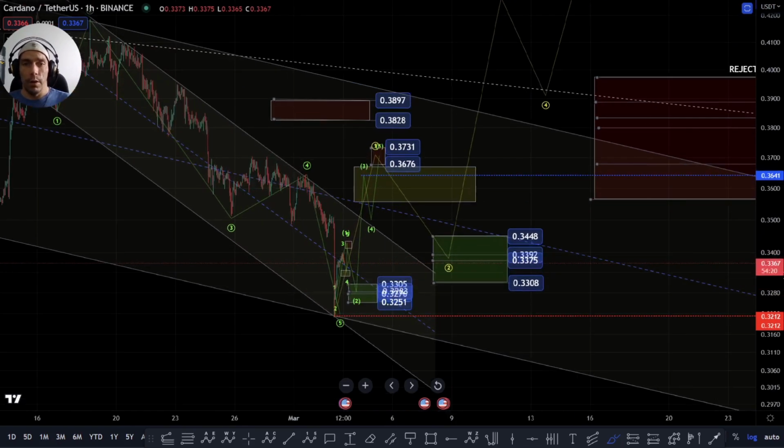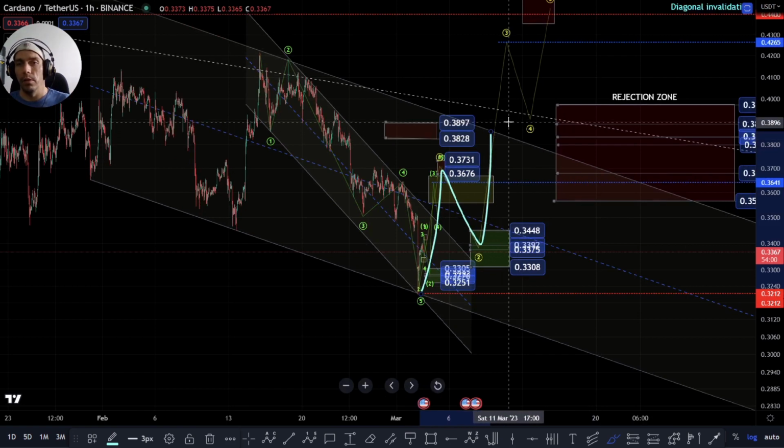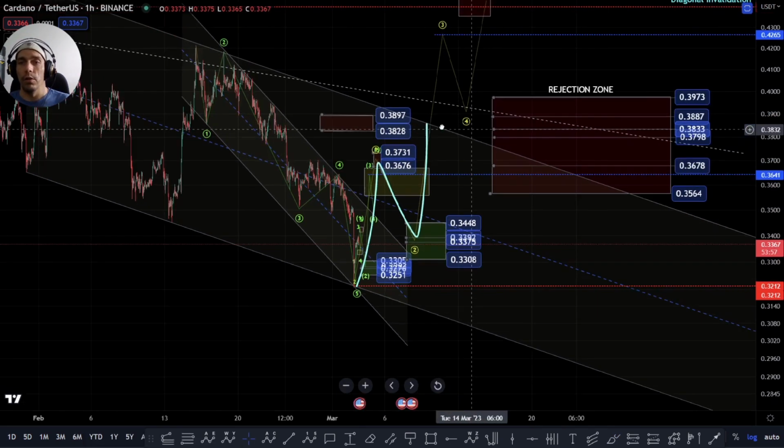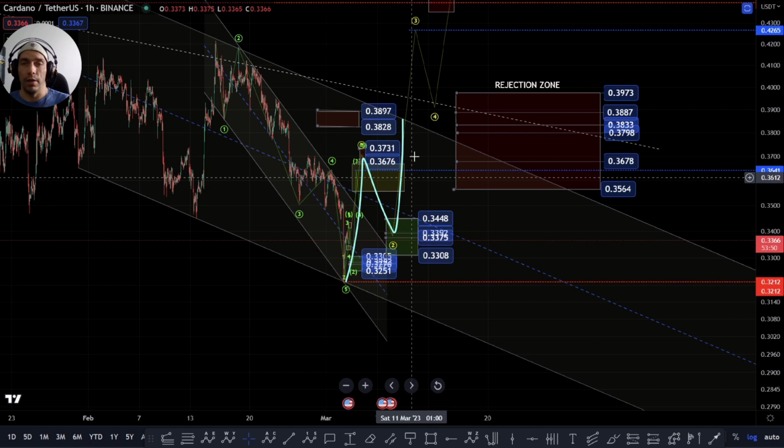But if we do, however, move back up here, I'd also be just keeping an eye on this 50% line, which is sitting here at this 3549, which would actually tie in quite nicely with retesting this zone here. And then we also have that possibility of just forming a move like this as an A, a B, and a C, coming back into the top of this channel, and then actually looking for potentially this 618 area if we're going to move up that high. Or it depends how long this really takes. It could actually look to push up higher into this, maybe even reach the 786 if we're going to look at it in that manner.